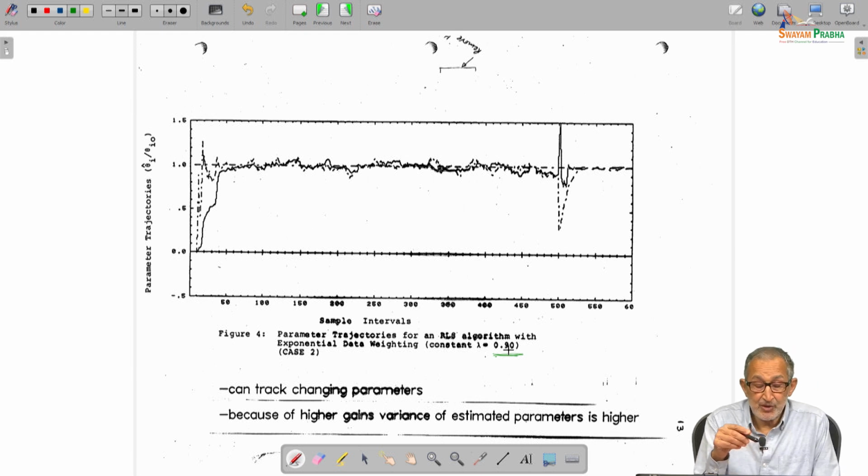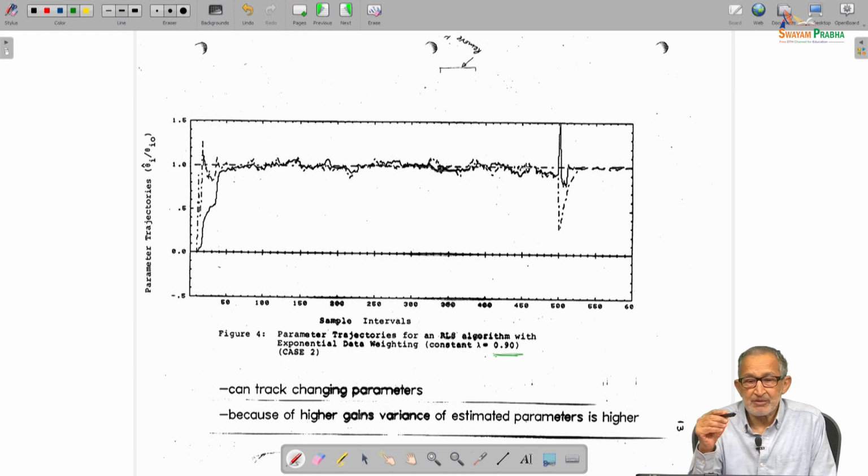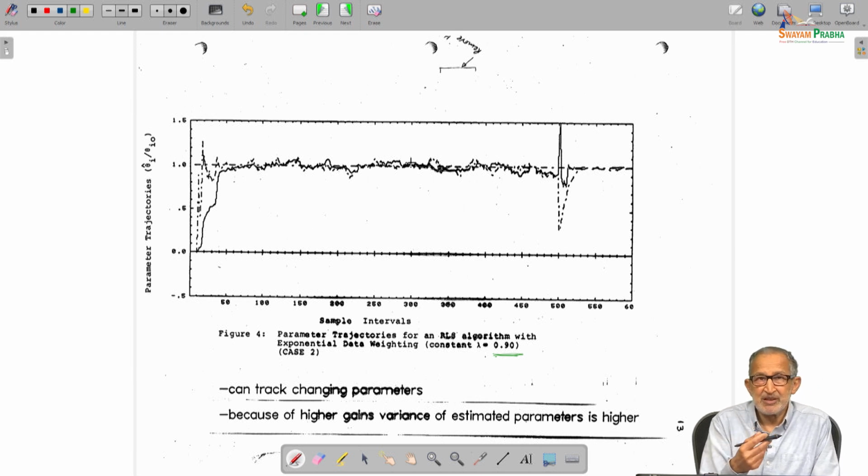As compared to the previous figure 3, we are now able to track the parameters fairly accurately, although there is some variability in the parameters, and we say the parameter variance is somewhat large. When the gain of the system becomes 5, we get exact tracking, which is a good sign. Okay, so this modification that we made is able to track